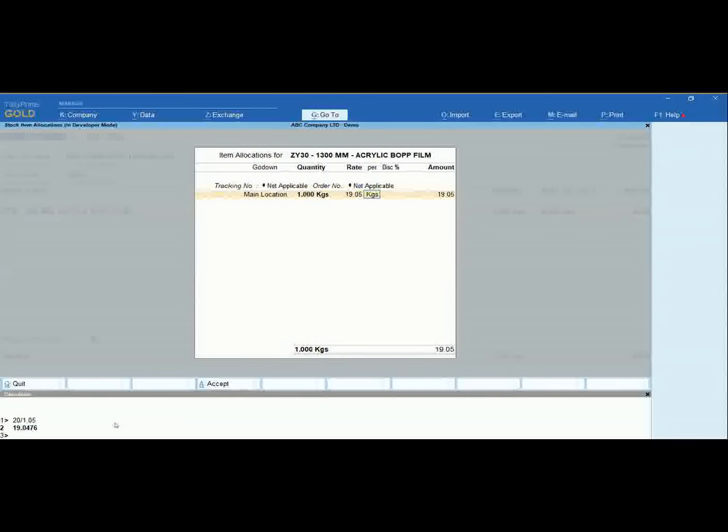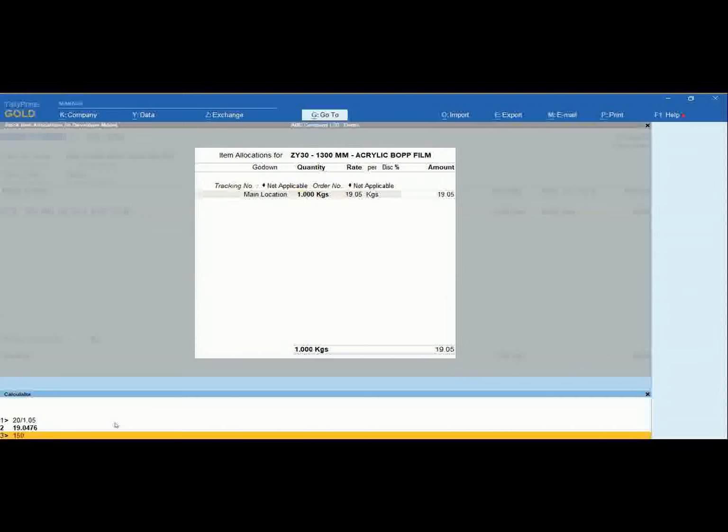Sometimes some people will not use this rate including VAT column. So at the time of entry, they have to divide it. They will start with the calculator, do some calculations, and again come back and put the result, copying the value. For that, instead, in the rate column or in the amount column, you can just press Alt C and put the value